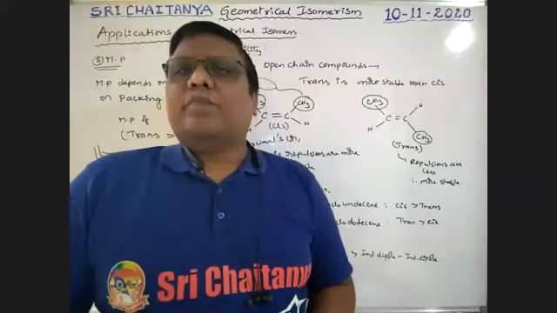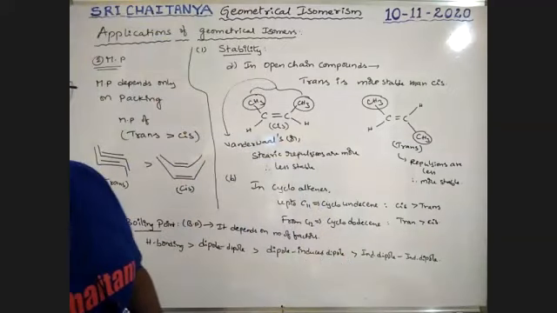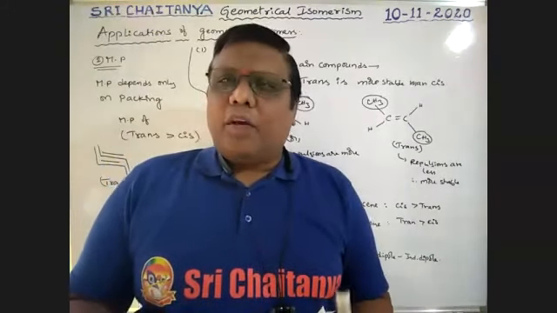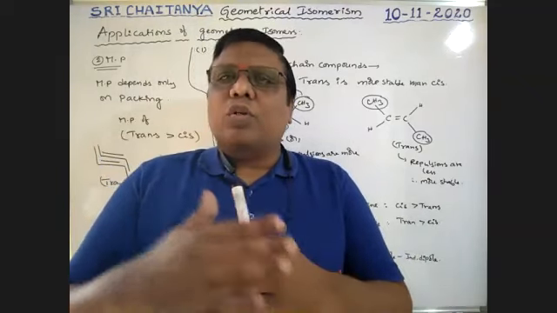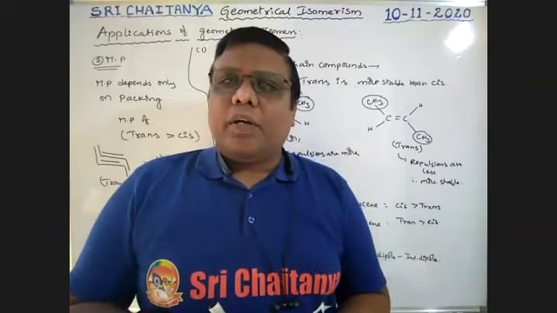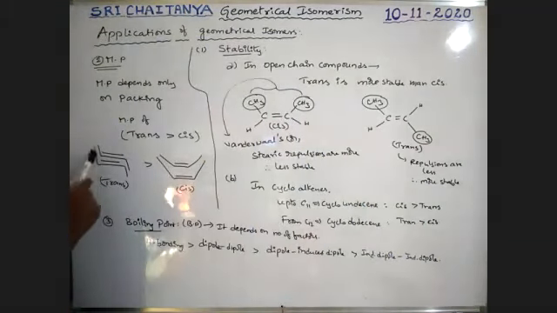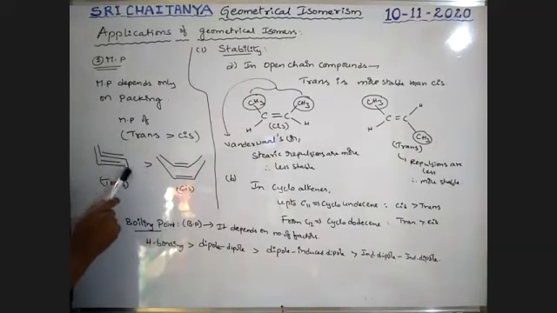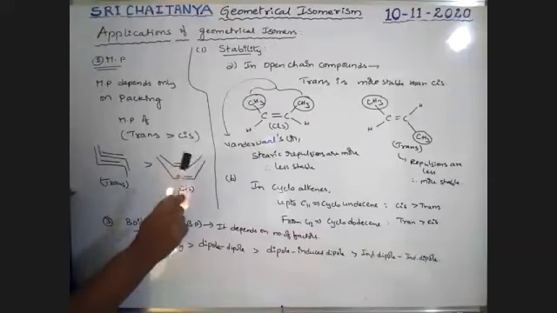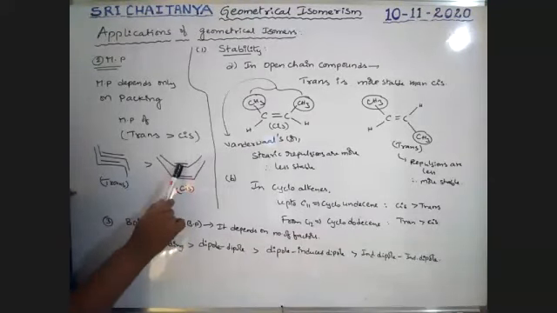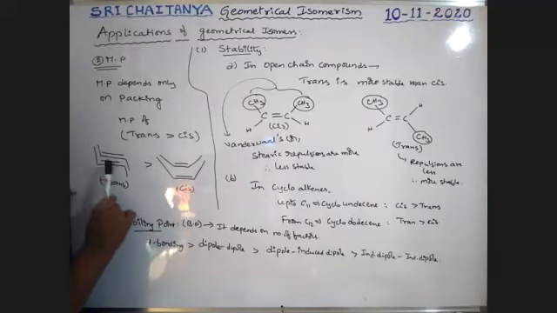Next, it also explains the melting point of the compound, boys. Generally melting point depends only on packing efficiency, that means how closely the molecules approach and pack in the compound. Now see here, this is the trans compound, boys. This is the double bond. It is trans. That means the packing efficiency of trans is more when compared to cis. Because of cis repulsion, the packing efficiency is less here, and here it is more.